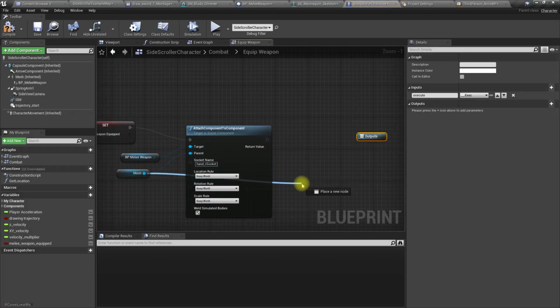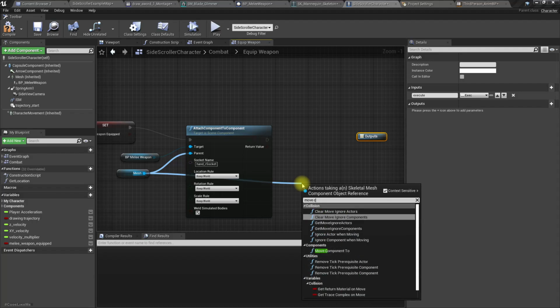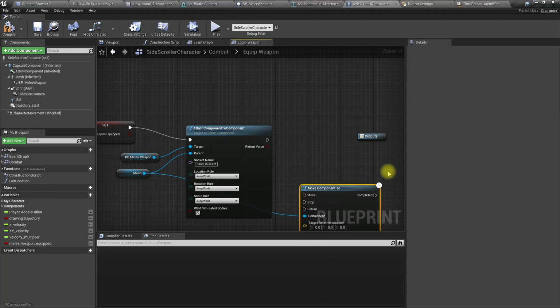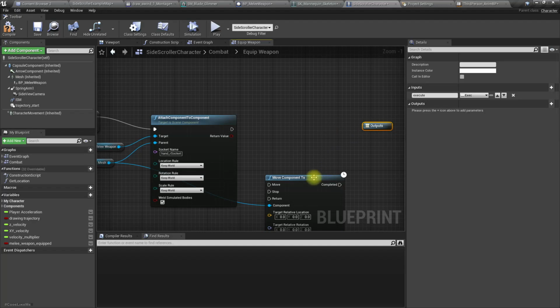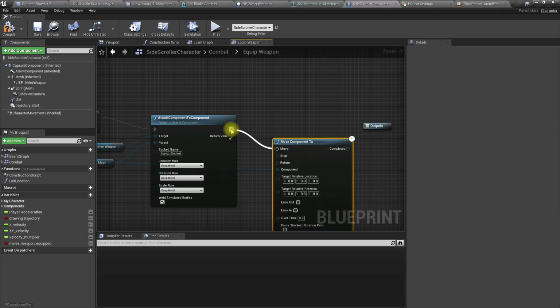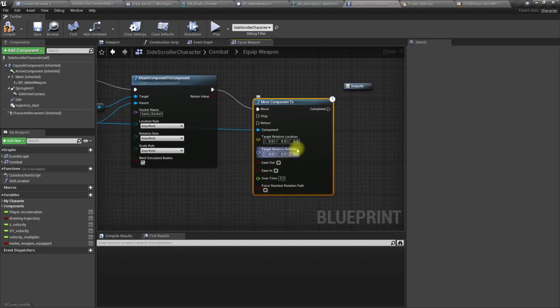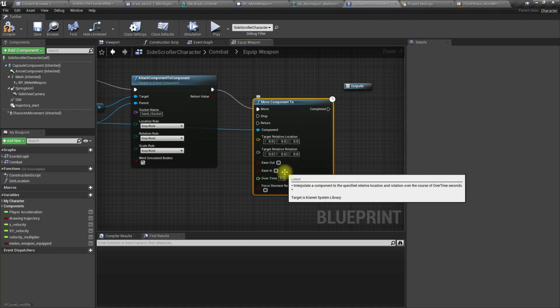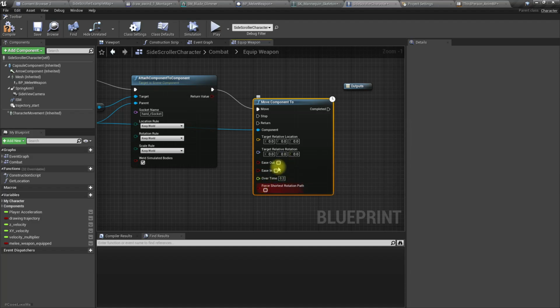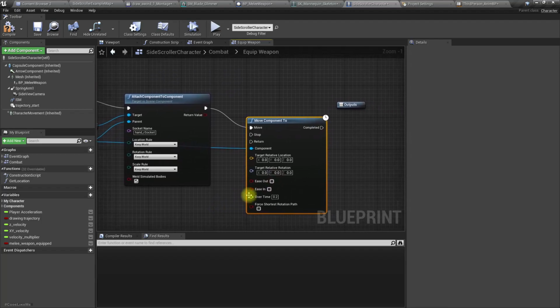After that, let's move component to node, and then I'll set everything to 0 so that it will smoothly land on the hand. I don't think we'll need ease in and ease out. Right,